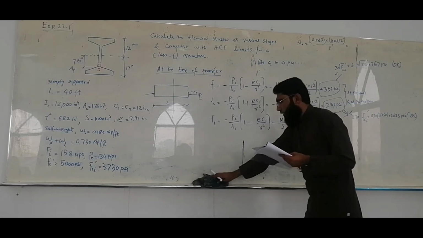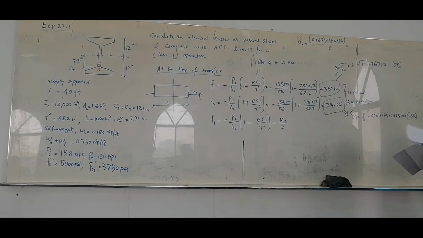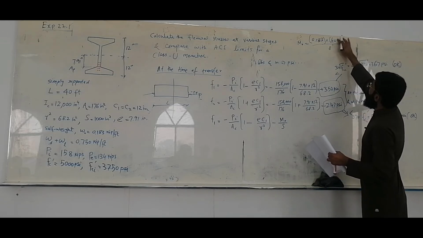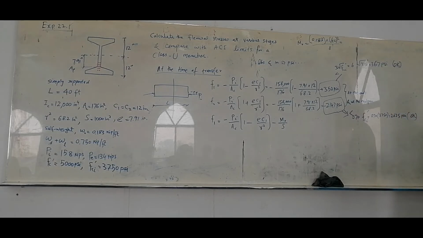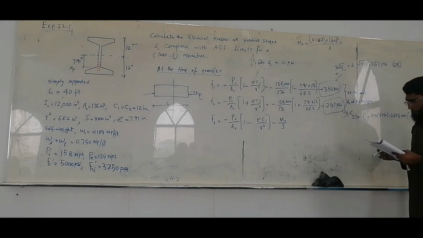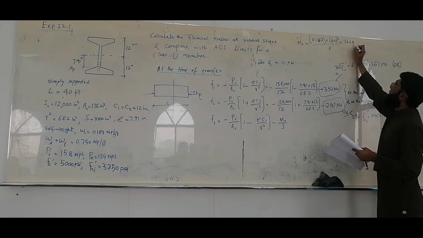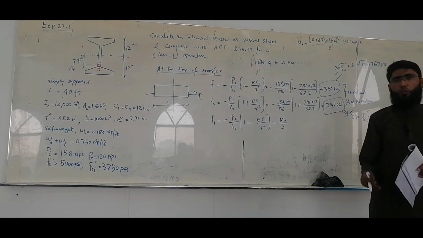There is another way, maybe you can just keep it in kip foot at the moment. Let's see, yeah, you can work in kip foot, let it be foot, we will do the conversion later. So what is the M naught value? 36.6 kip foot. This is the moment due to self weight, and the stress due to this self weight would